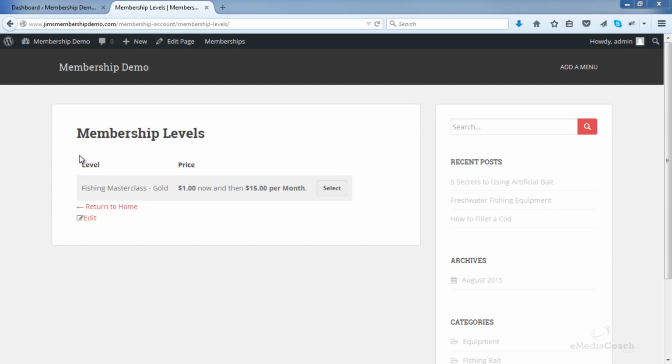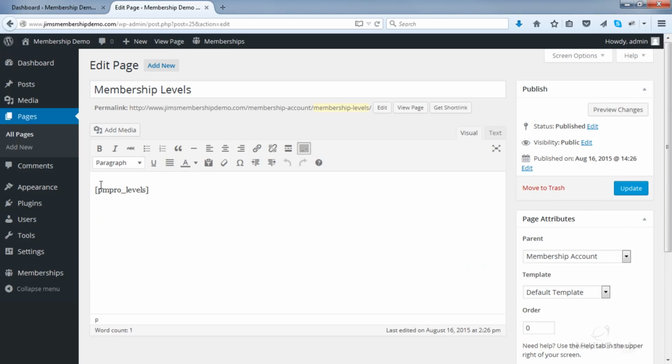The next thing that I would advise you to do is to add some text on this page here, just above this registration box, just so the member, or the potential member, knows what they're actually buying. So things such as, what your membership contains, the features, what they will get out of it. So to do that, go to Edit Page and just move this little code down a little, and then here you can enter any text you want. Once again, I'll be taking some text from another screen I have here, maybe something like this.